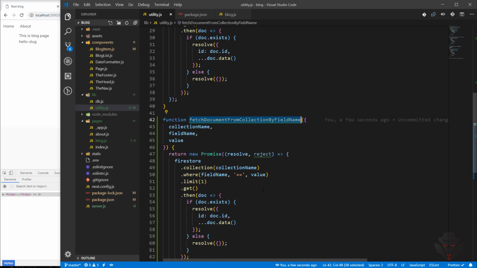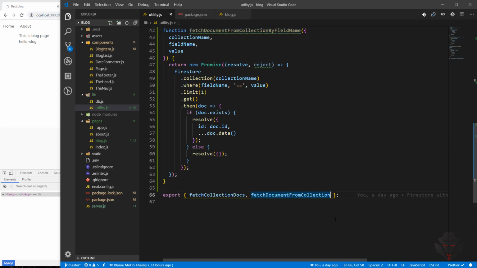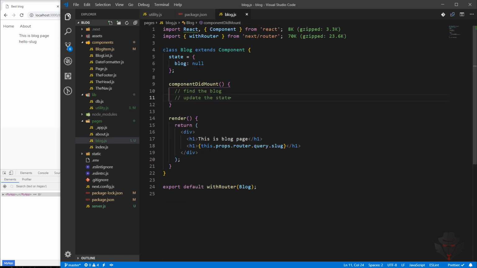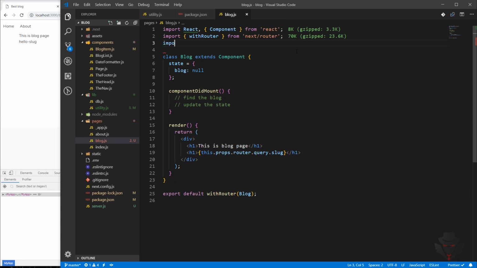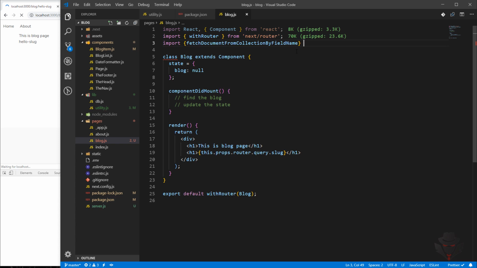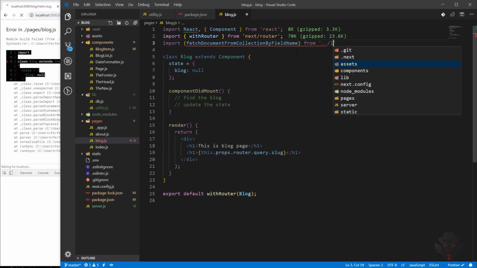So we just want to copy this one and export it. And so I'm going to the blog and import it. So import this one from utility,